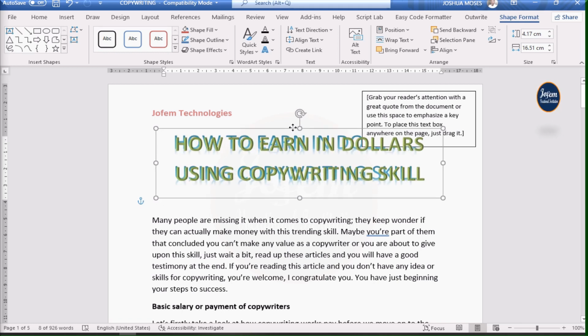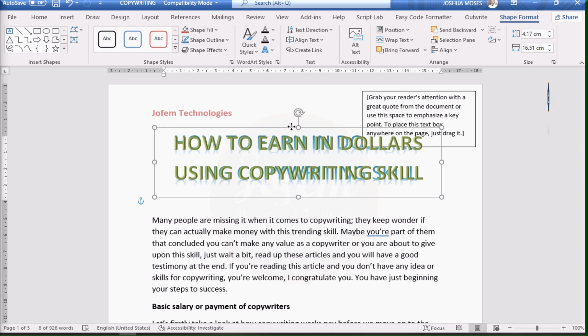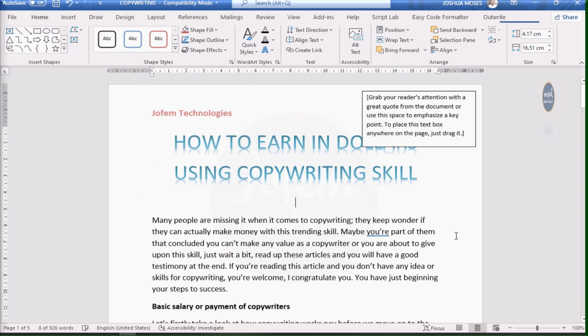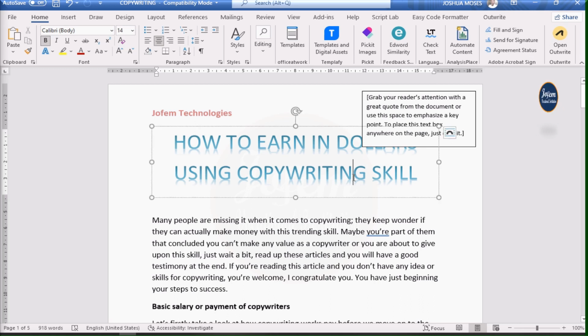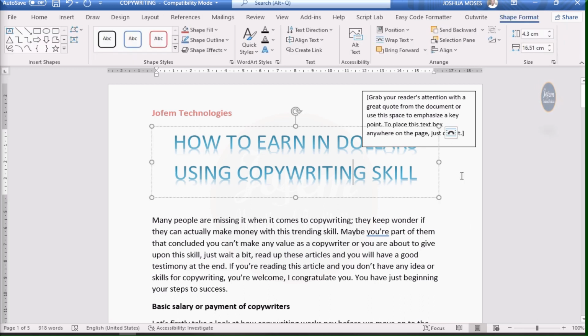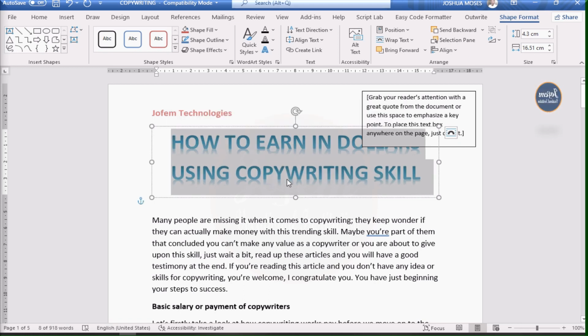You can adjust it something like this, so that it looks like a shadow, if you like. Okay, and if you don't need it, you can just delete. Okay, I think this is okay. So that's how it works. You can bold it using bold. That's how it works.